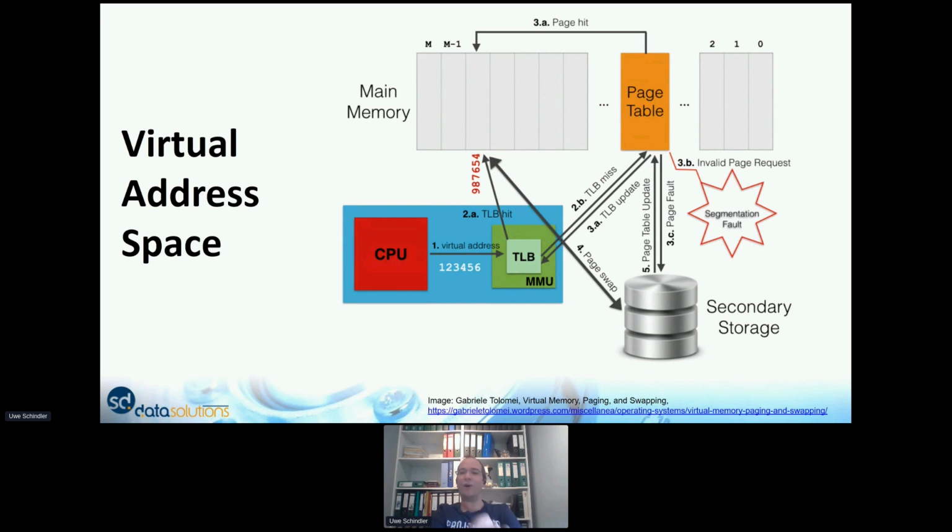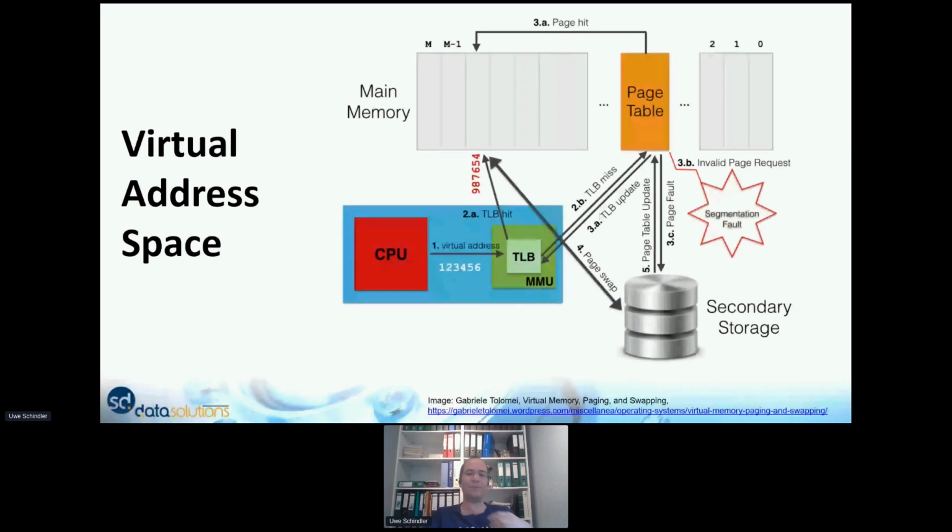The operating system copies the data from the secondary storage, like the SSD, to the main memory. Sometimes this is called a page swap. For example, if it's swap files, you have to, of course, preserve the stuff which is currently in memory and write it to disk. But if it's read-only like a Lucene index, you just have to copy the stuff over. So in that case, it just copies the stuff to your main memory.